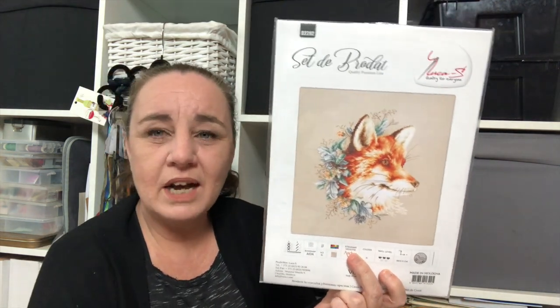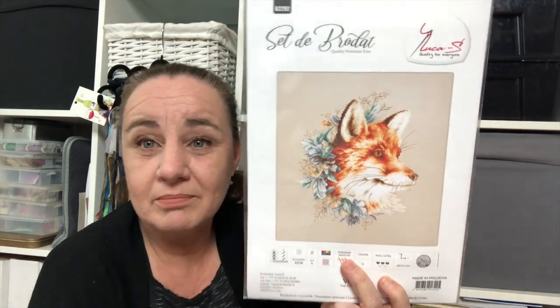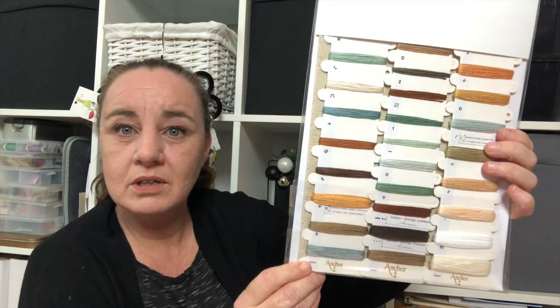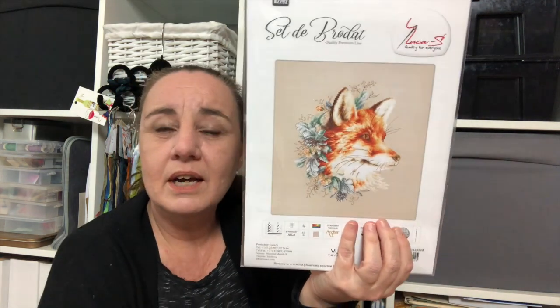And then I chose, and this has a funny story. I chose The Fox by Luca S. Because of the blue flowers. Blue and foxes. What else do you need? It comes with 16 count Aida in a beige colorway. It comes with anchor threads and 31 colors, and yeah. I really, really love this. And funny story,